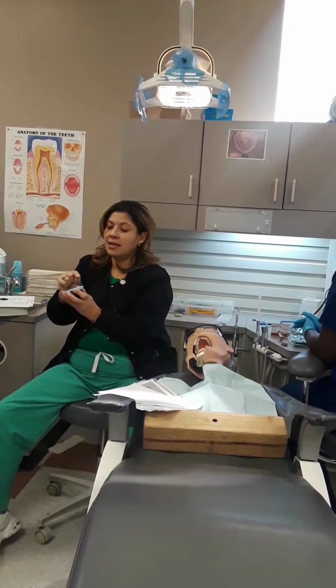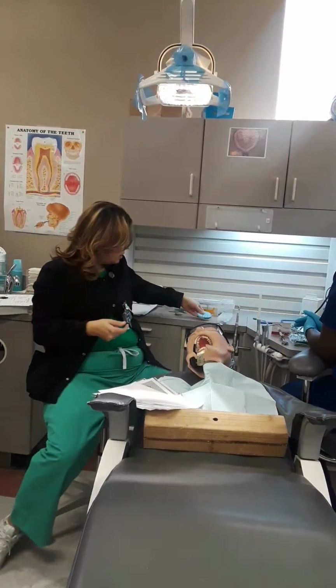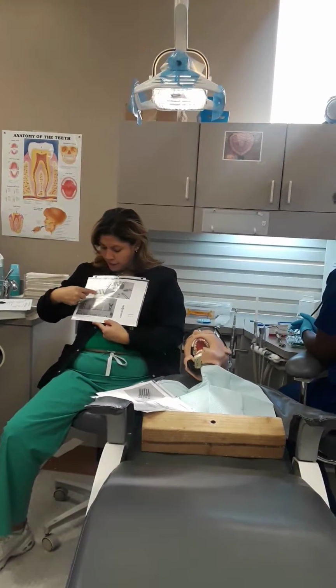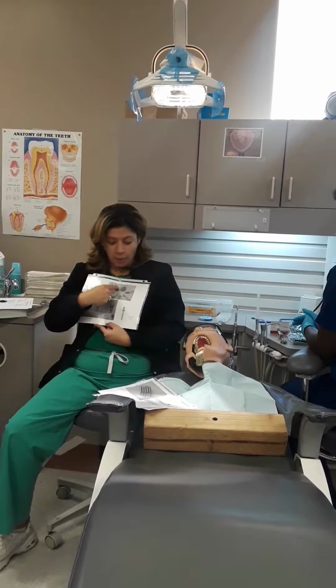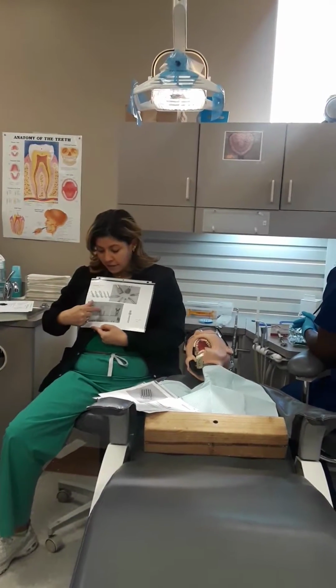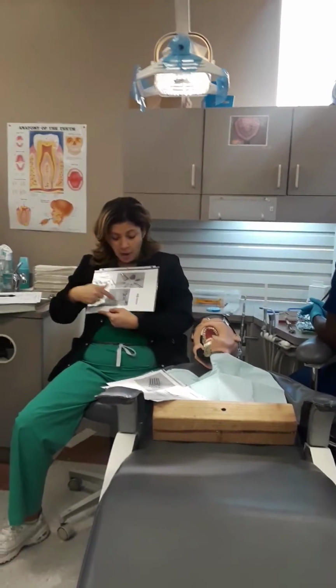This is a mandrel that holds my disc if I need that. So I have just examples of it. So here's my finishing burr. More finishing burrs here. It could be a flame, could be a ball, rubber points. We also have my mandrel and disc. We could have some more rubber points. We can have this little brush. All these do is just